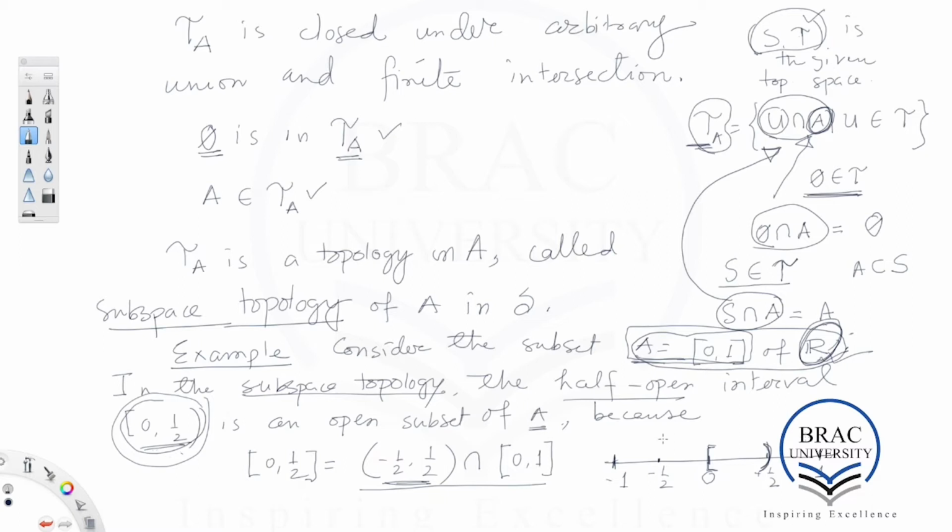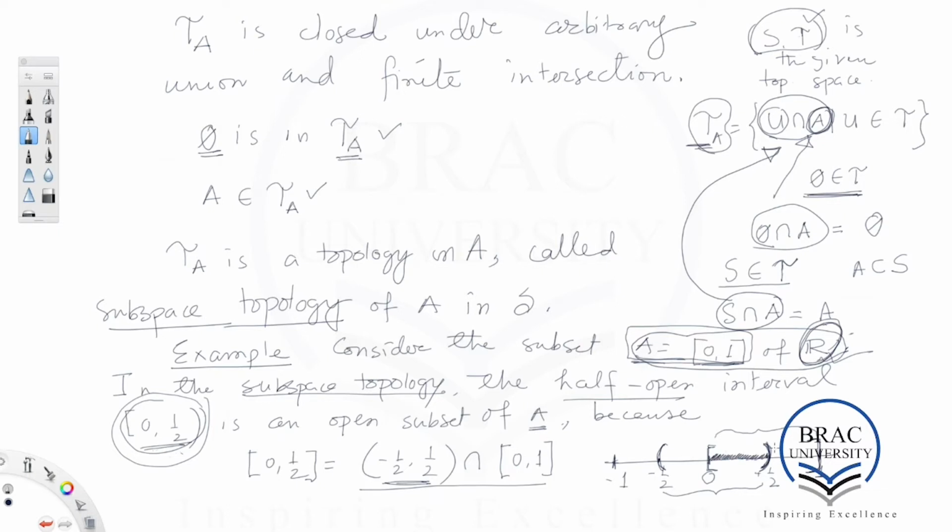And what is -1/2, +1/2? This is this interval, which is an open interval in R. And this is the subset, the underlying subset of the real line, 0 to 1. Okay. So what is the intersection of this with this? Is this shaded interval,